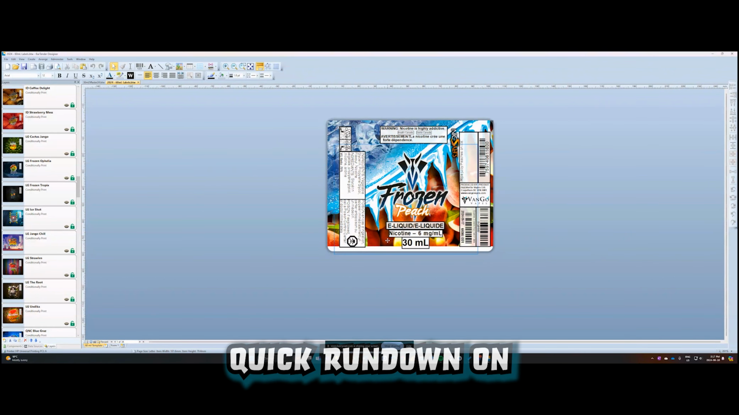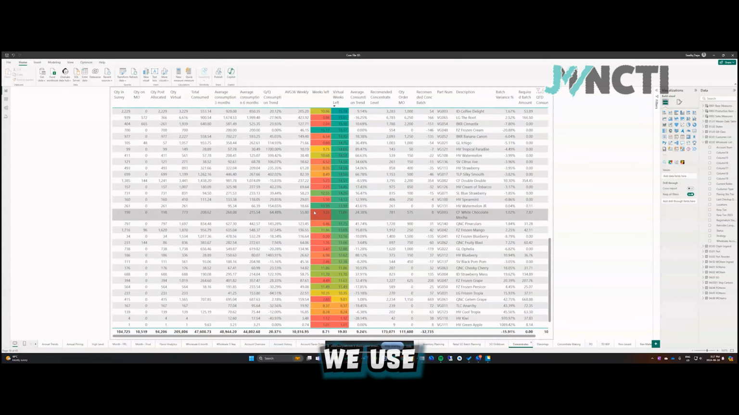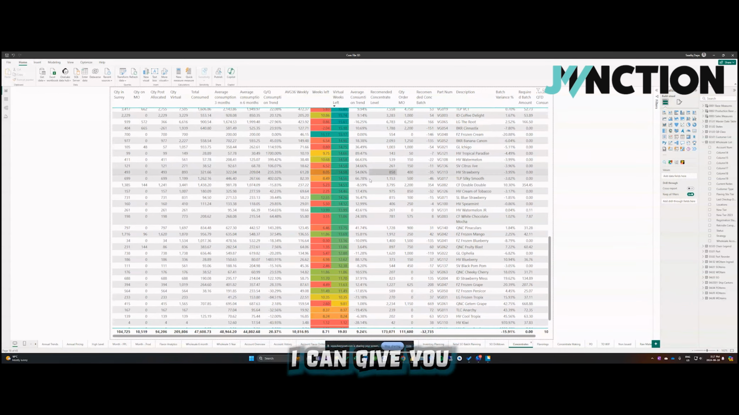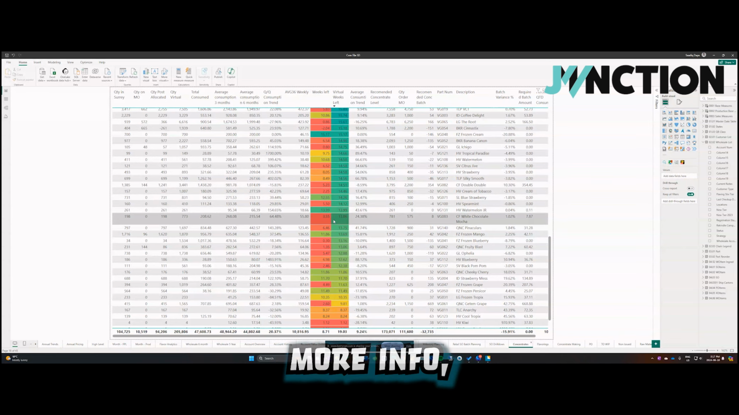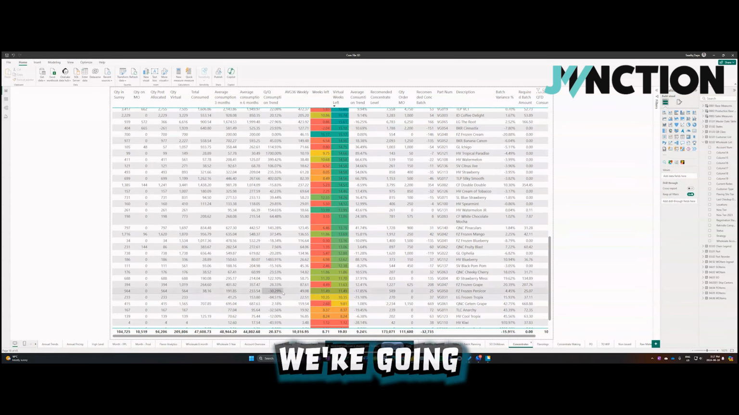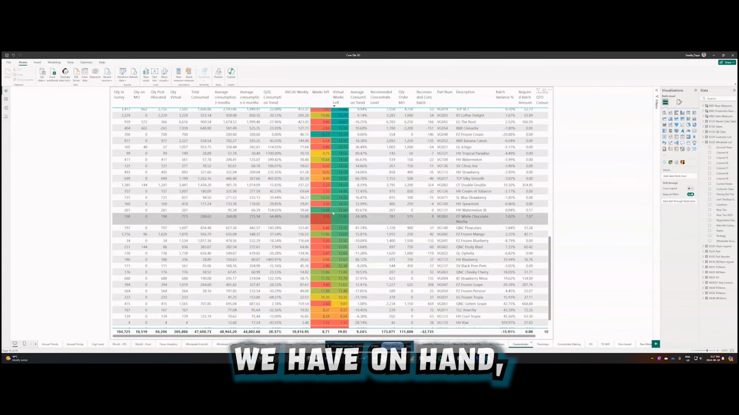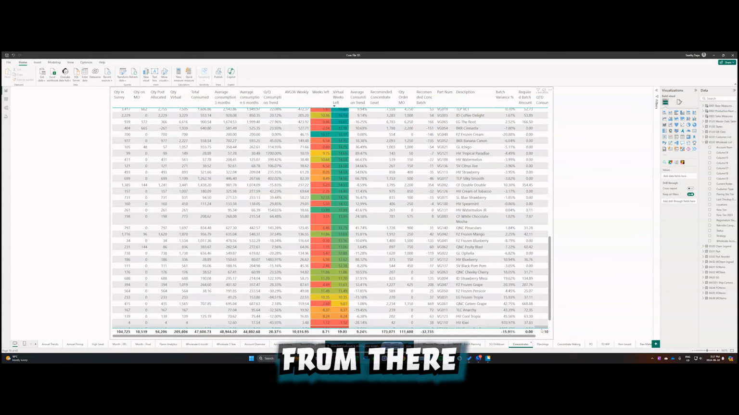So this is a quick rundown on our label system. The way it works is we will create the batches. This is what we use to track the concentrates. I can give you more rundown into individual screens if you guys are looking for more info, but it takes into consideration the amount of concentrate we're going to need, how much we have on hand, how much we have planned to produce, etc. From there, we go into the